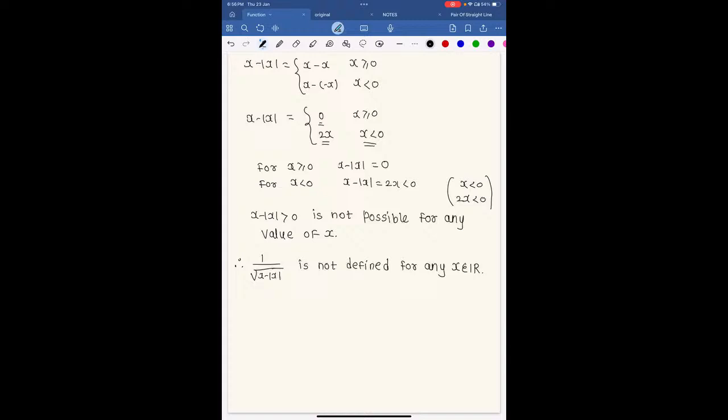क्लिअर आहे. कारण की डिफाईन कधी असेल ज्यावेळेस x मायनस मॉड ऑफ x स्ट्रिक्टली ग्रेटर दॅन 0 असेल आणि x मायनस मॉड ऑफ x स्ट्रिक्टली ग्रेटर दॅन 0 पॉसिबल नाही फॉर एनी x बिलोंग्स टू R. So therefore 1 upon root of x minus mod of x is not defined for any x belongs to R. So कोणत्याही रिअल नंबर साठी 1 upon root of x minus mod of x is not defined असेल. ओके